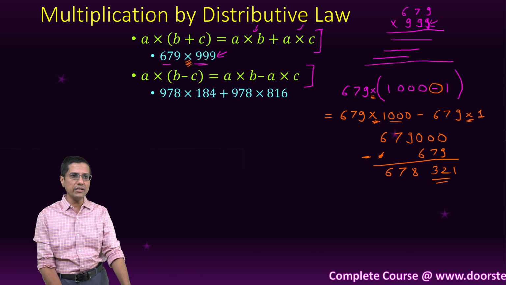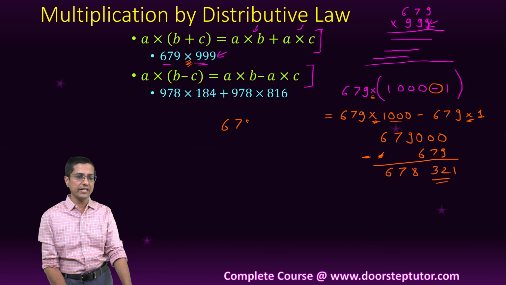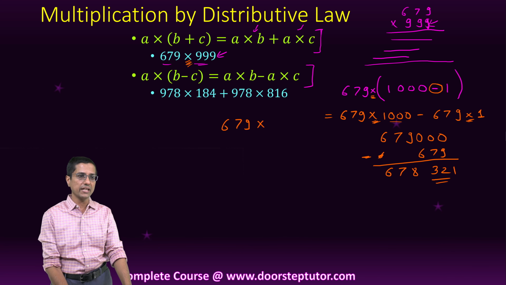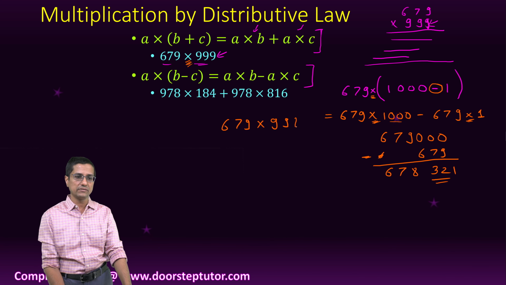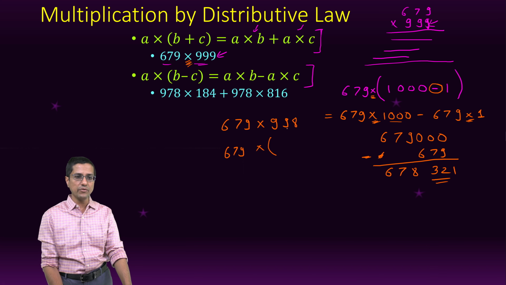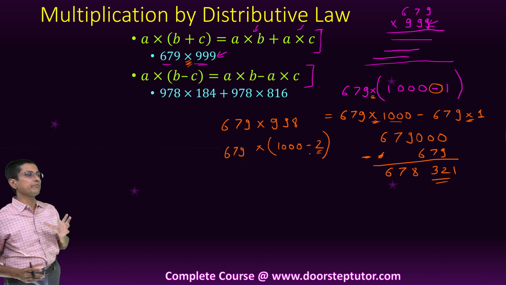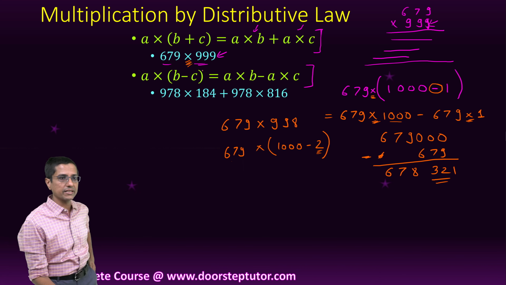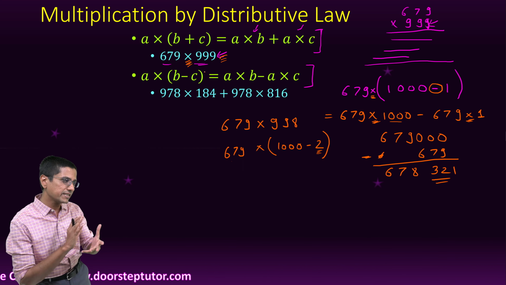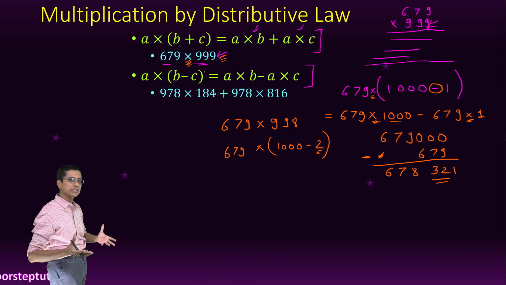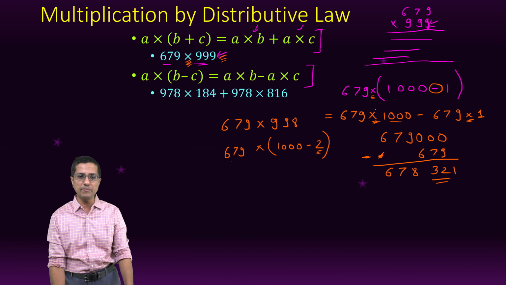You can even do things like 679 into 998. Then also we are going to use the same technique. I will write 679 into 998 in a similar way, minus 2, because even 679 into 2, if I were to do this multiplication, would end up being simpler than doing the original multiplication. So that is all the places where you can use this law, when the 2 individual multiplications which you